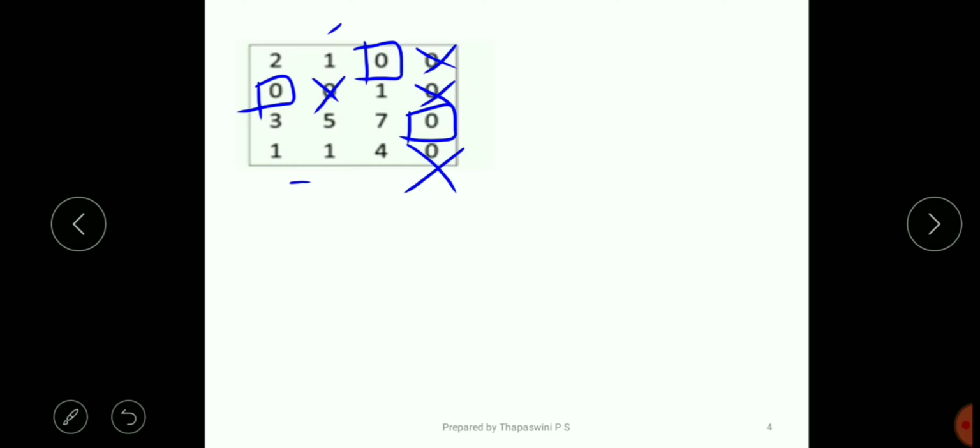If you remember, this is the way we do the ticking and line drawing procedure. First, tick an unassigned row. If you consider this matrix, the fourth row is unassigned, that is, the person is not assigned to any job, so we tick this fourth row. Now if there is any zero present in the ticked row, then tick that column. In this ticked row, there is a zero present here.